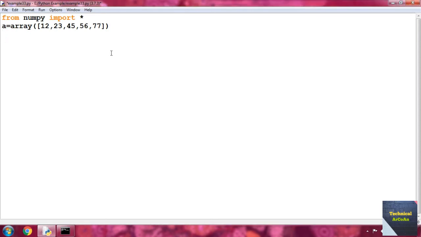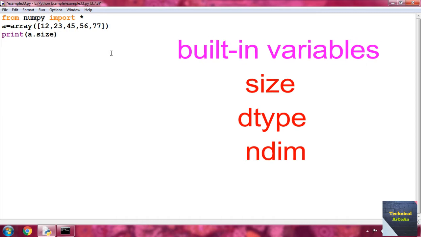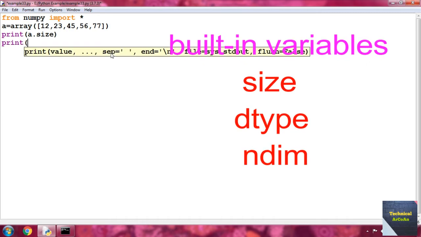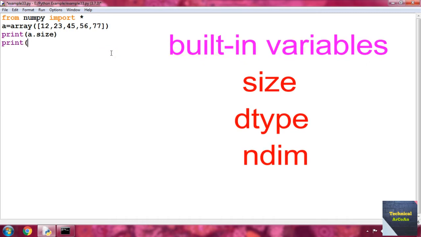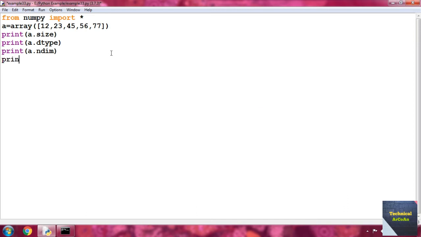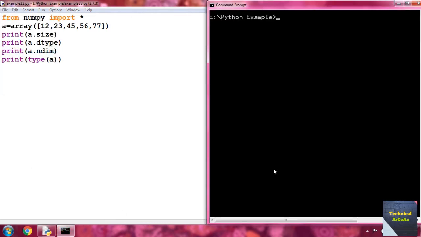Suppose we write here print and then write a dot size. Size is actually a variable. After that write print a dot dtype. Then again write print a dot ndim. And after that write print type a. Then we save that file and execute python